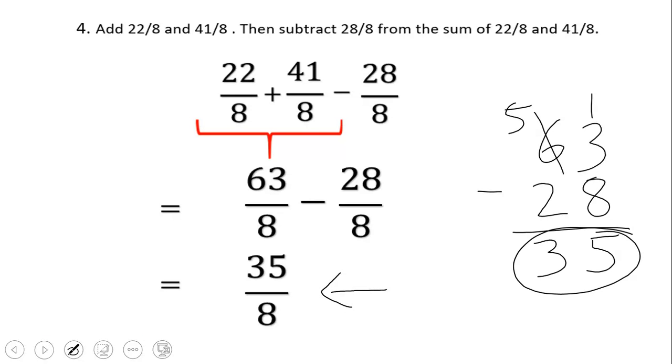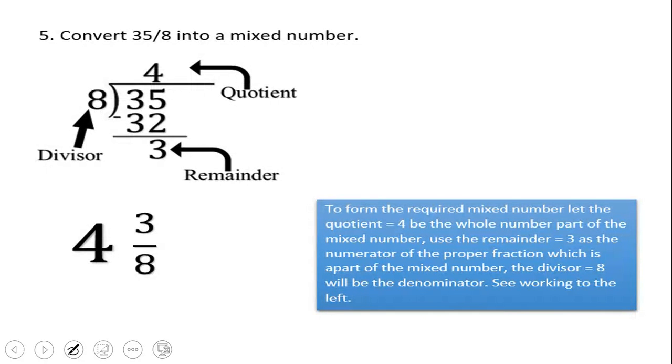Now we're going to take 35 over 8 and convert it into a mixed number, okay? And we're going to do that by dividing 35 by 8. So let's do that. So 8 is our divisor. Note that 8 is our divisor. And the dividend is indeed 35. Okay, so we say